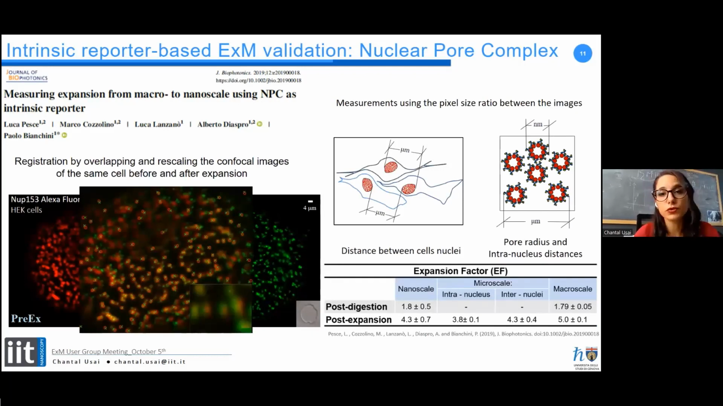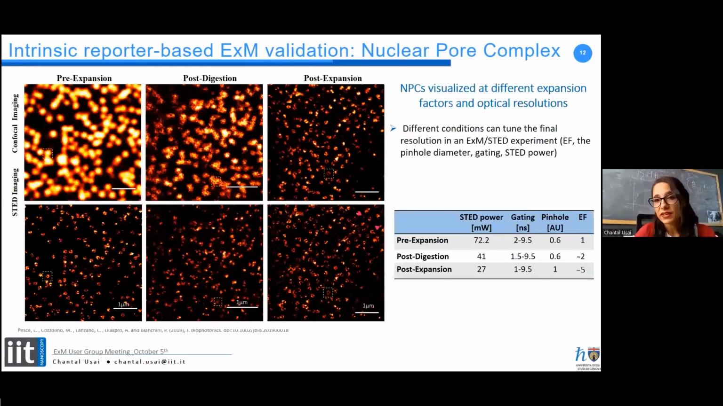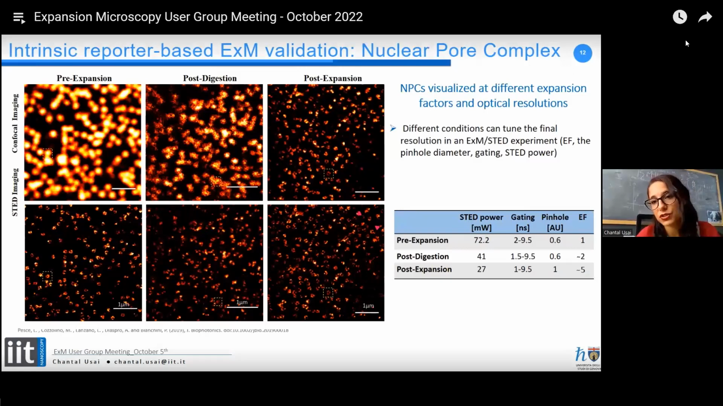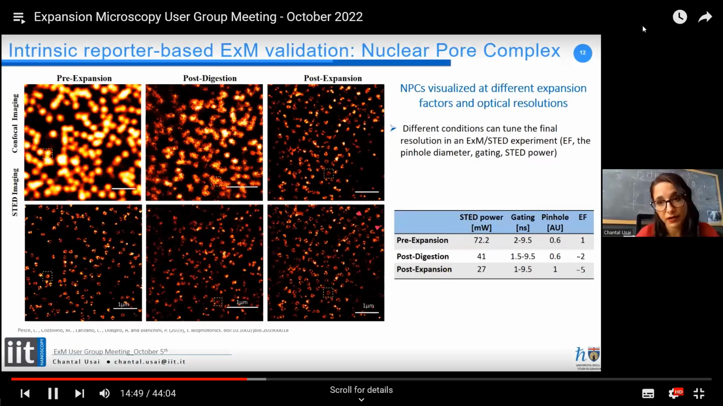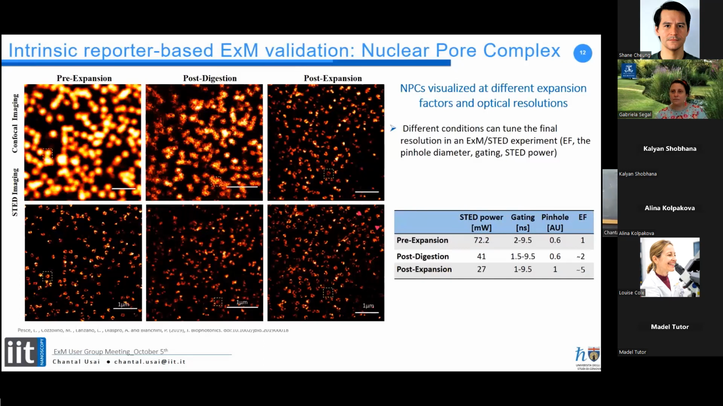But what we want to do is to perform a statistical analysis in order to remove the need to do this comparative analysis before and after the expansion. So what we did was to analyze the nuclear pore complex at different expansion factors and with different optical resolution. So we performed an expansion STED experiment,